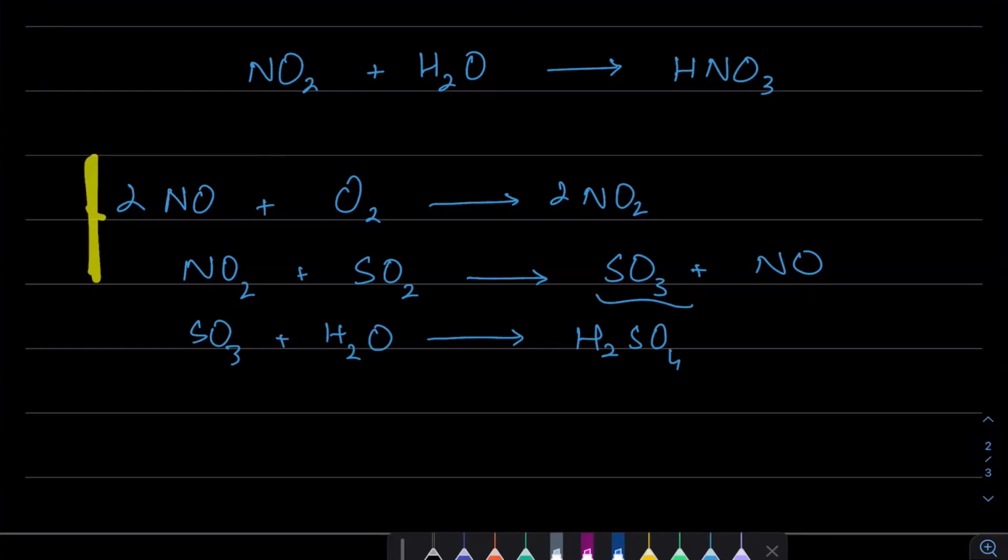Secondly, in these two processes, nitrogen monoxide शुरू में भी था और end पे भी produce हो गया. So nitrogen monoxide is acting as a catalyst because it is regenerated at the end. Okay. Now, sulfuric acid, एक तो यहाँ पे acid rain create हो रही है, एक यहाँ पे acid rain create हो रही है. And these acid rain, it will come down, it will damage. अब बात ये कि हम इसको control कैसे करें?